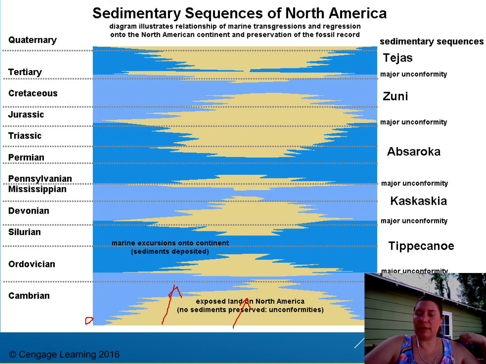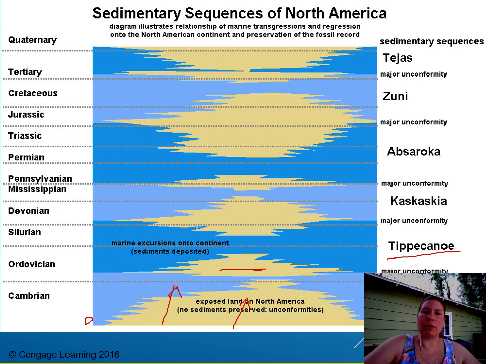Through the Ordovician, sea level, or relative sea level, drops again, and we have more of the continental material being exposed, but sea level continues to rise, and so on. So we see a lot of ebb and flow in each of these sequences. We'll talk about a few of these. We'll talk about the Sauk, which is right behind me, and the Tippecanoe sequence, and some of these other ones